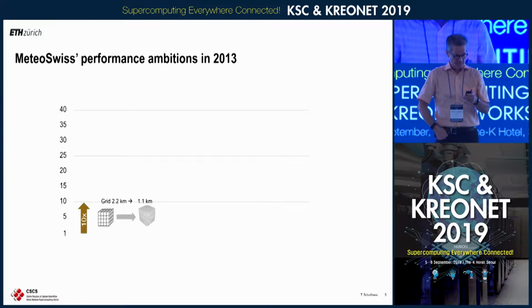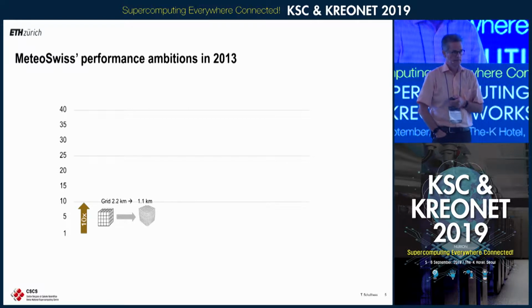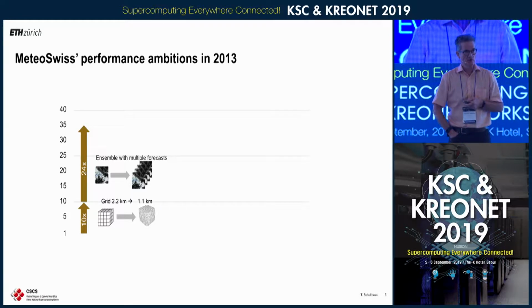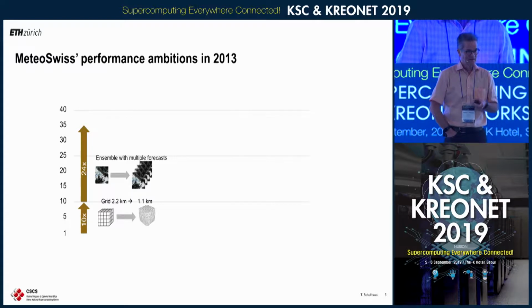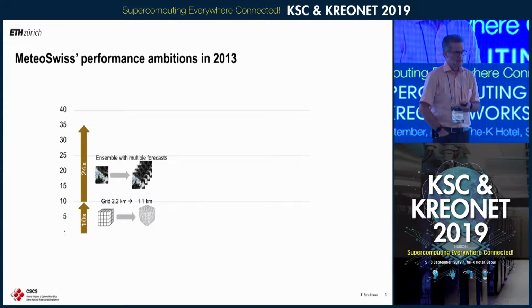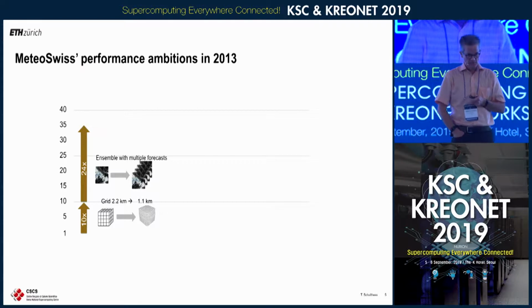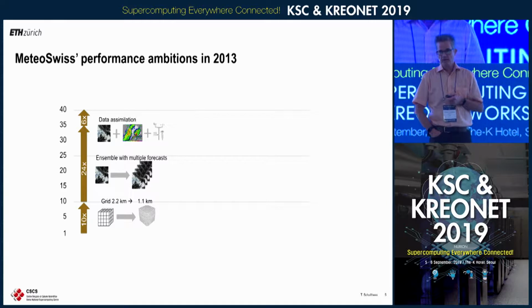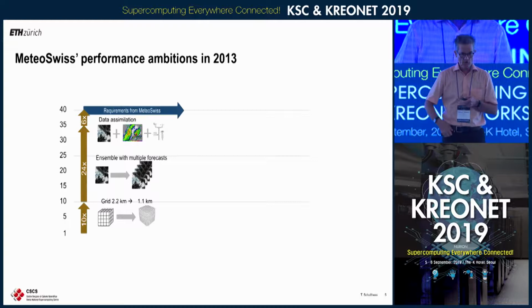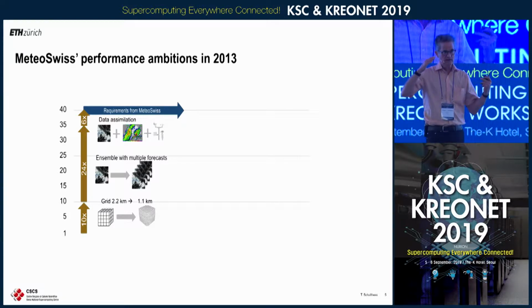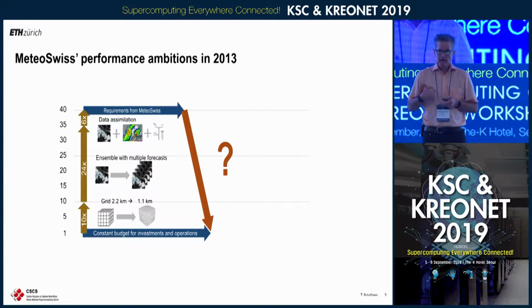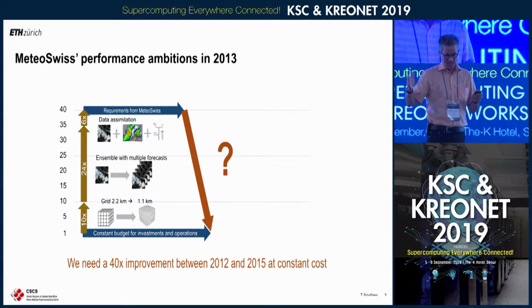And that gives you roughly a factor 10 more in performance. Then they wanted to introduce an ensemble simulation at 2 kilometer resolution, and that was another increase of 24 in performance that was necessary. And finally, they wanted to improve their data assimilation. So overall, we're talking about a factor 40 in needed performance improvement at a fixed budget and over a time